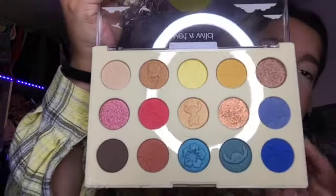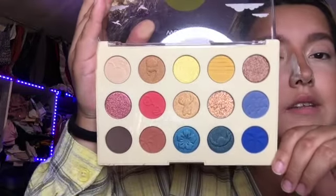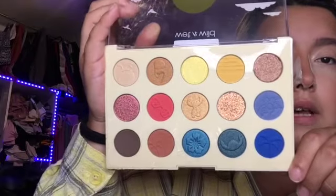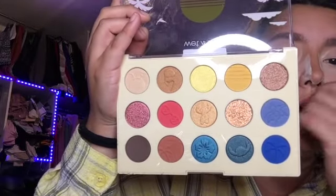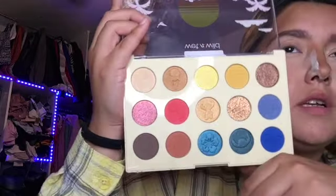So now we're going to start with eyes. This is the Ohana palette. It is super, super cute. I think the color story could have been a little more red. I think they should have added a really nice white shimmer as well. But other than that, I feel like the colors kind of go except for a few of them. This one I feel maybe could have been a little bit lighter because it is a shimmer, but it's not as...